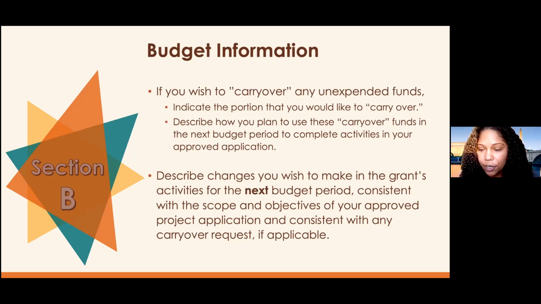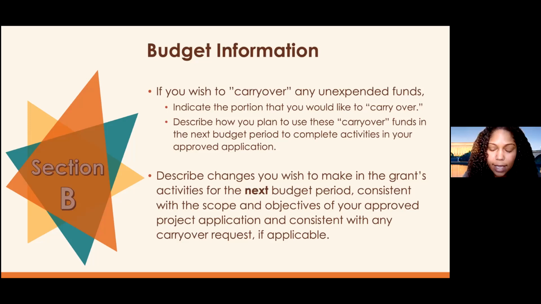We want to make sure we're not carrying over large balances each year. So if you do have a carryover balance, make sure that next year that balance will be spent down as well. That will be included in your year two pot of funds. If you have to increase activities or students served, or maybe more trips or more supplies, as long as it's fitting your scope and you have a good plan, that's how you're going to be able to keep some of those funds.